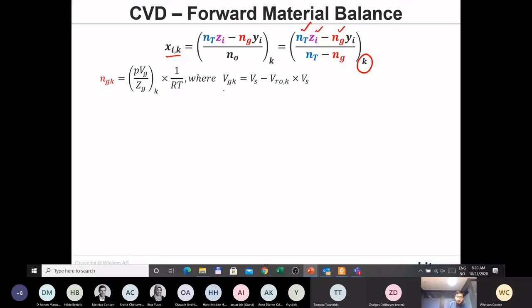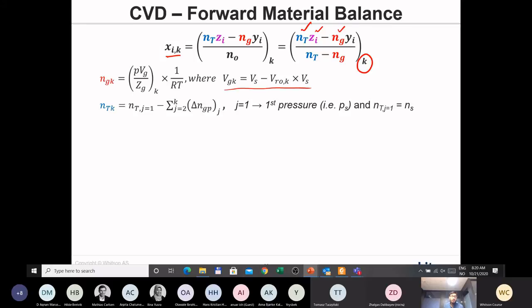And the volume of the gas is simply the total volume of the PVT cell minus the relative oil volume at the given pressure stage times the volume at the saturation pressure, which is always the total volume in the CVD experiment. And here you can see that we are using the liquid saturation at each pressure stage in doing the material balance,